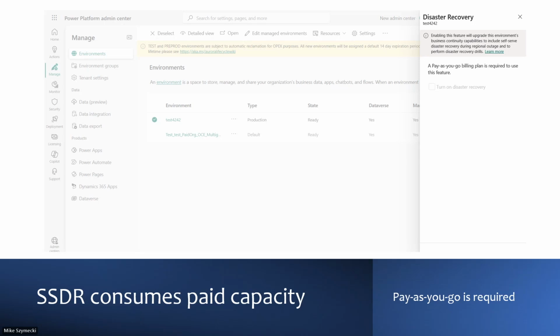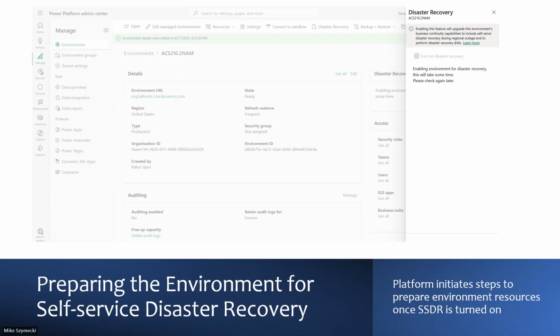And if they don't have a pay-as-you-go plan, then this would be disabled unless they either already have a pay-as-you-go plan or they set up a pay-as-you-go plan and link it to the environment. When the capability is turned on, when self-service disaster recovery is turned on, there's actually a few resources that